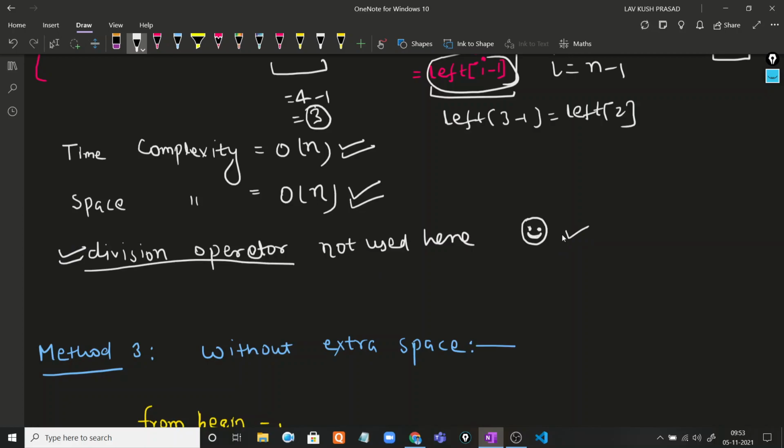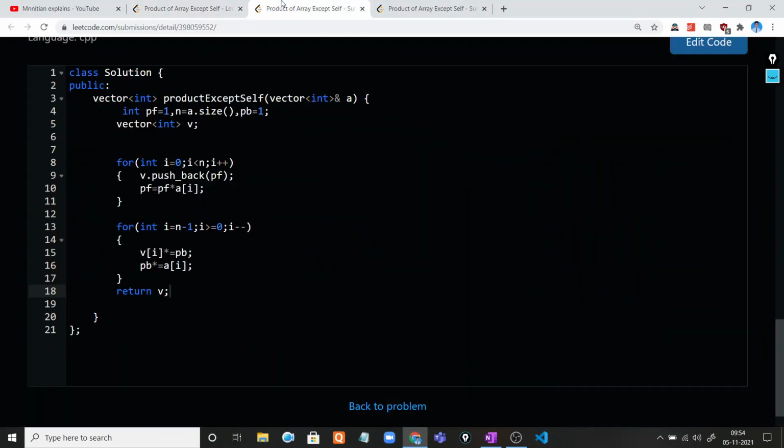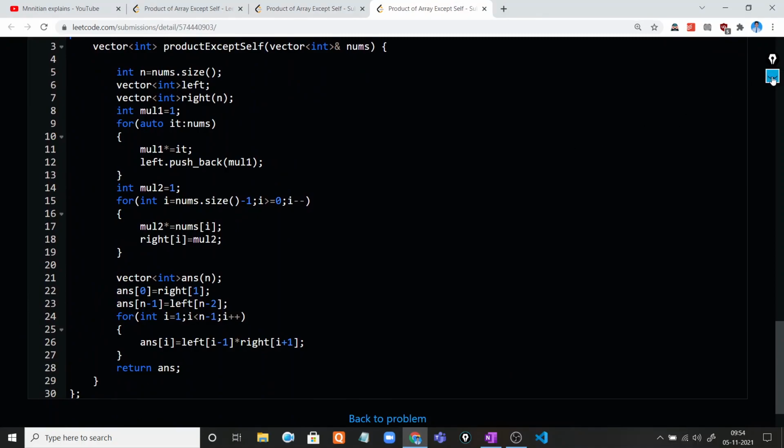Okay, so let's move to the next requirement, and also let's jump to the code of the second solution. So this is the code for the second solution, and if I discuss the code, what is happening here is, first we take a left array and a right array. For the left array, we initialize the value with 1, right?